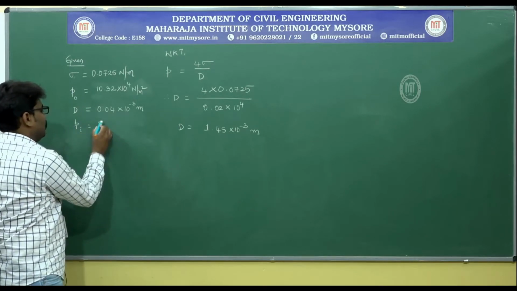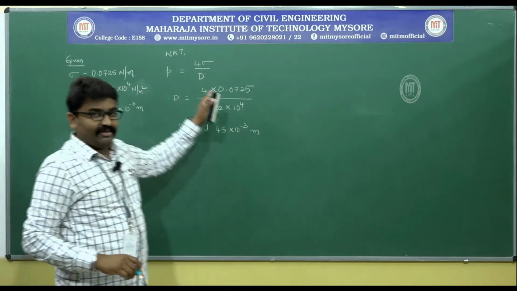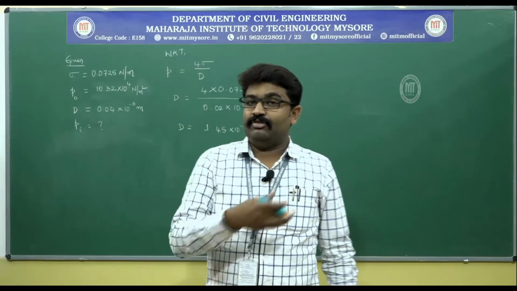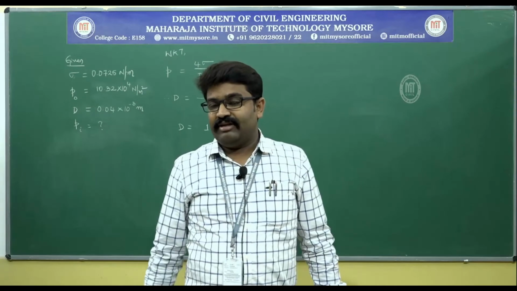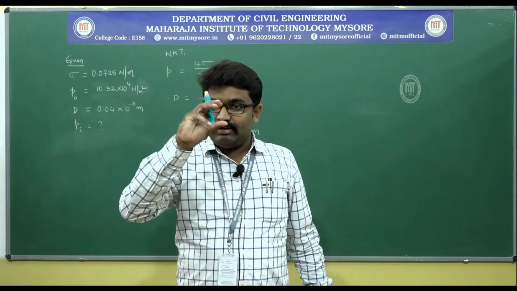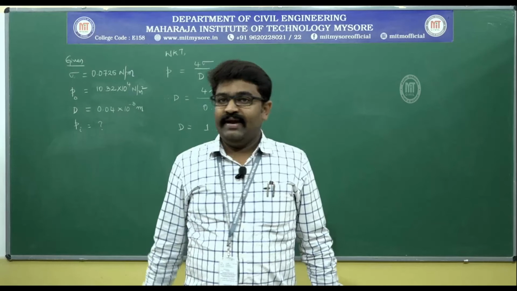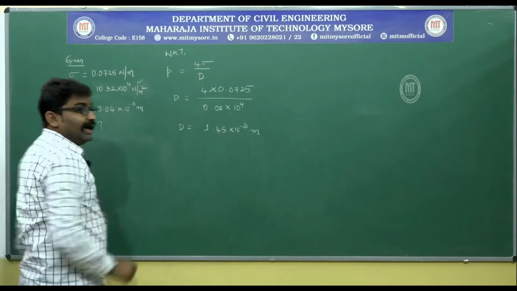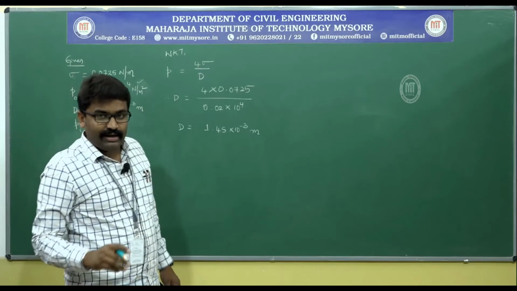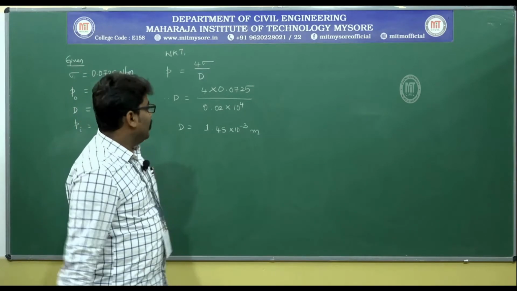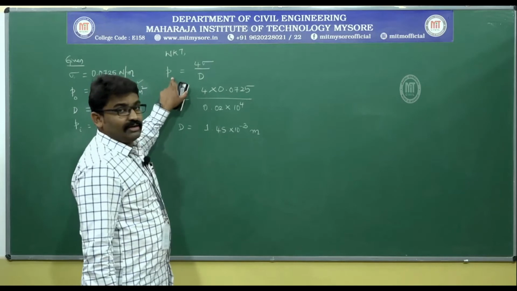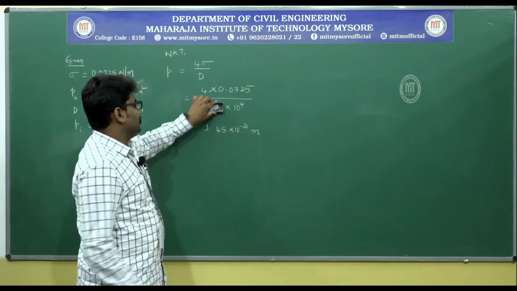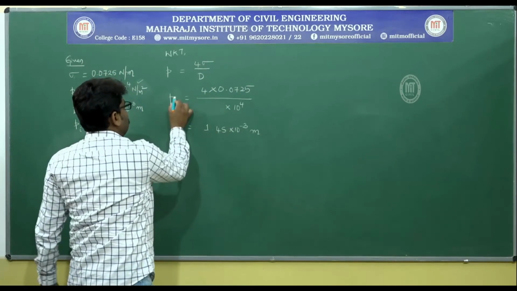Pressure inside the droplet. The equation that we have developed is nothing but the equation for pressure inside the water droplet. If you remember the equation that we derived in the previous class, it was for the pressure inside the droplet. So, you need not worry about this data unless it is asked for you to calculate the total pressure. However, now the equation remains P is equal to 4 sigma by D and diameter is given. You will have to find out what is pressure.